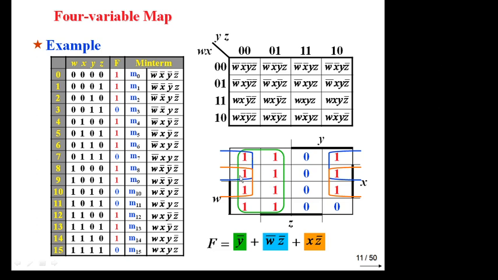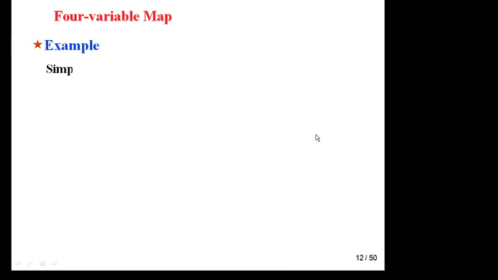Why this octet is EPI? Because these two 1 2 3 4 5 6 are unique. These are not involved in any other group. In this case, why it is EPI? Because this one is unique, okay. And why this is EPI? Because in this case this one is unique. So value x z bar, okay. How value are coming? Y bar, octet. In this case only this value 0 to 0 same, and other all value are changing. So 0 to 0 means y bar. Similarly, you can determine w bar, z bar, then x z bar, okay.